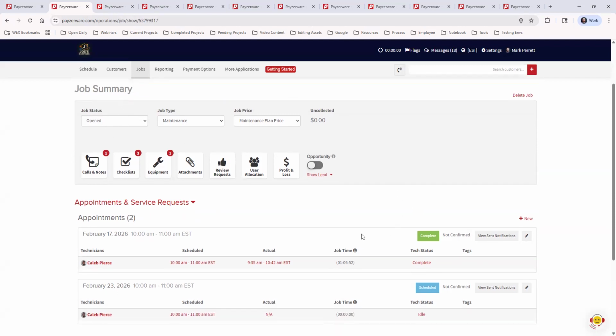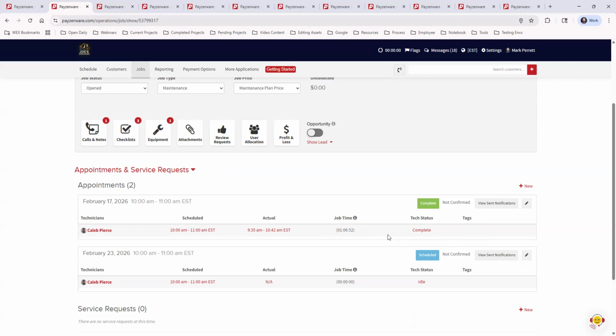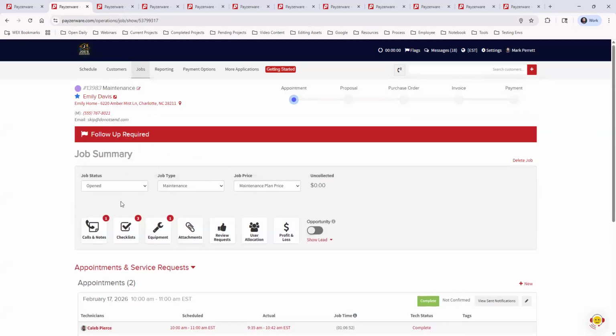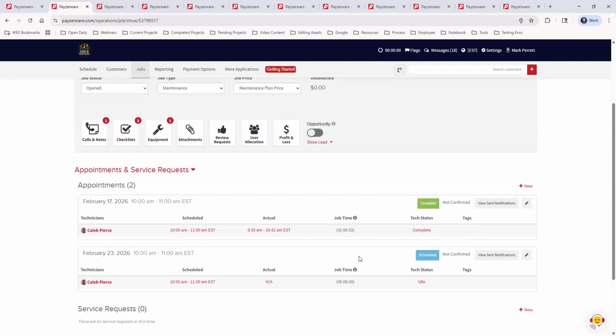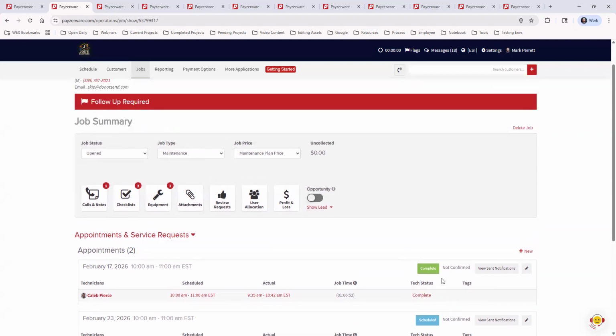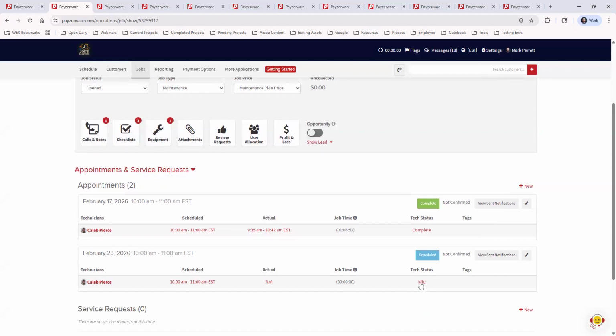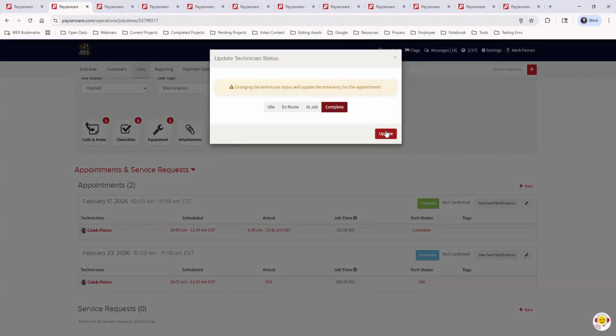I do get questions about that because, like, well, this job is not complete. I don't want to mark that as complete. This is saying the appointment is complete, but the job will be open until you finished everything for the job. All right. And so Caleb is going to go out on Monday, install the part, and then the job will be done. And let's say it's Monday, Caleb goes out, he completes the job,